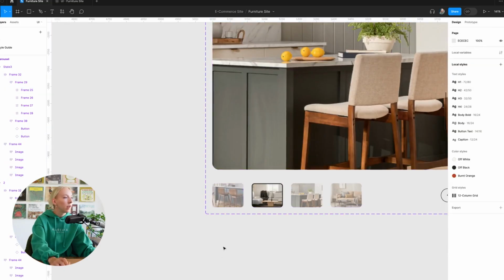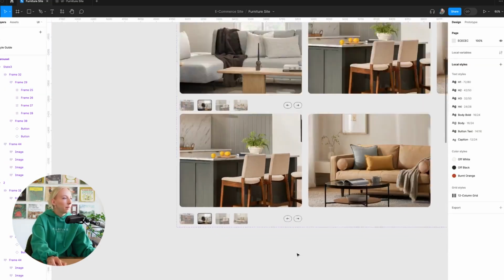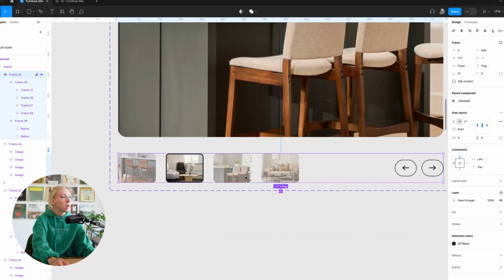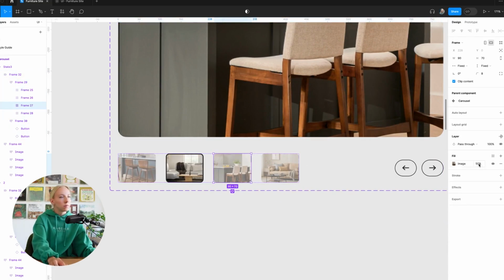There we go. Now they're lined up. Okay, now same thing here. We want to switch this one to 100% with a stroke and get rid of the stroke on this one,